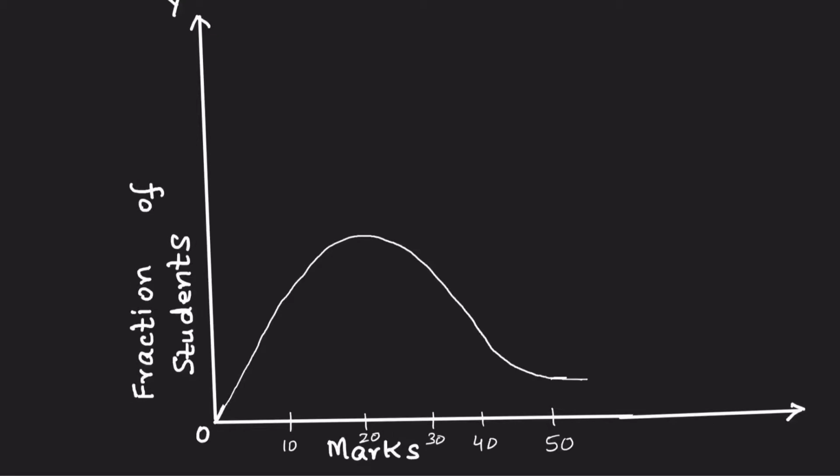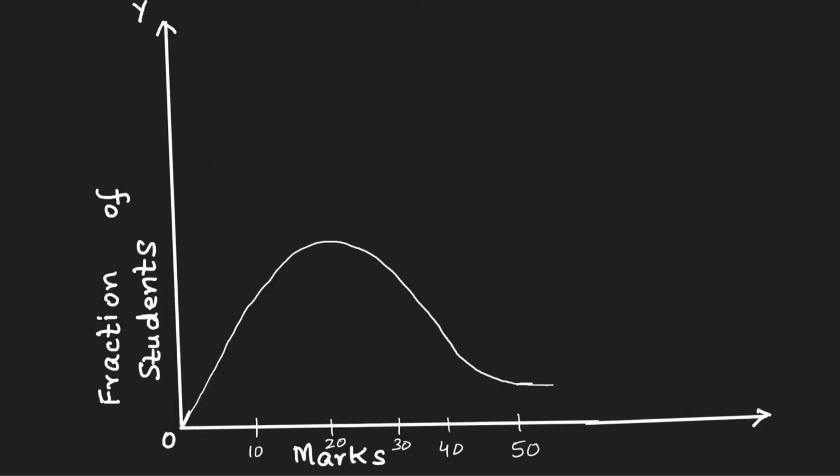So this is how our curve would look like, right? Now, what if the passing marks, let's say, is 40? Very, very hypothetical situation. Now, if the passing marks is 40, how many students do you think are going to pass? So, let's represent that with the help of this shaded region over here, right?